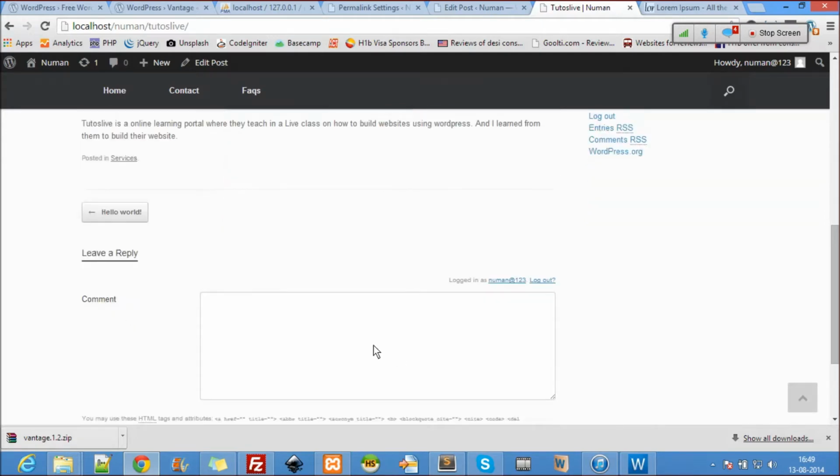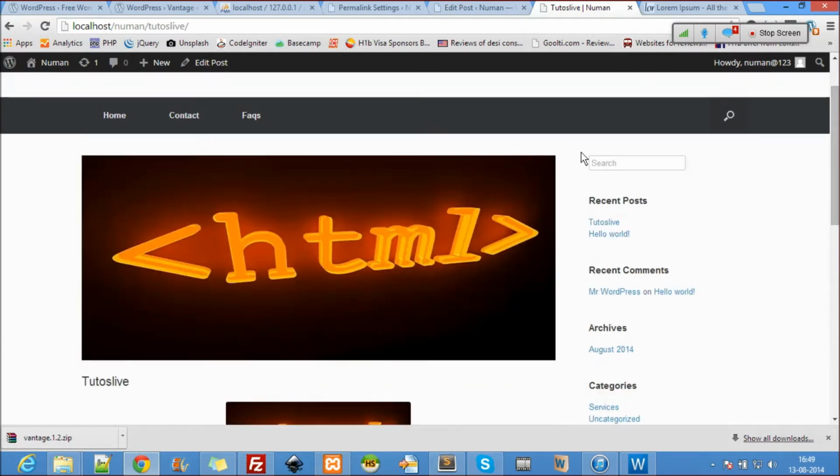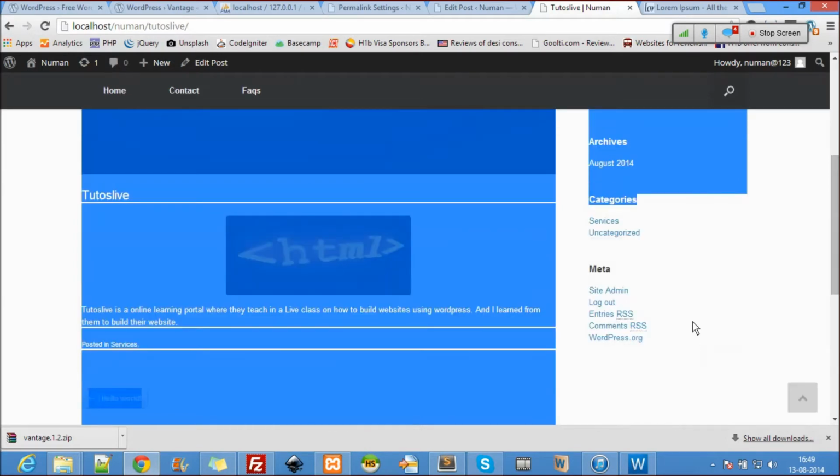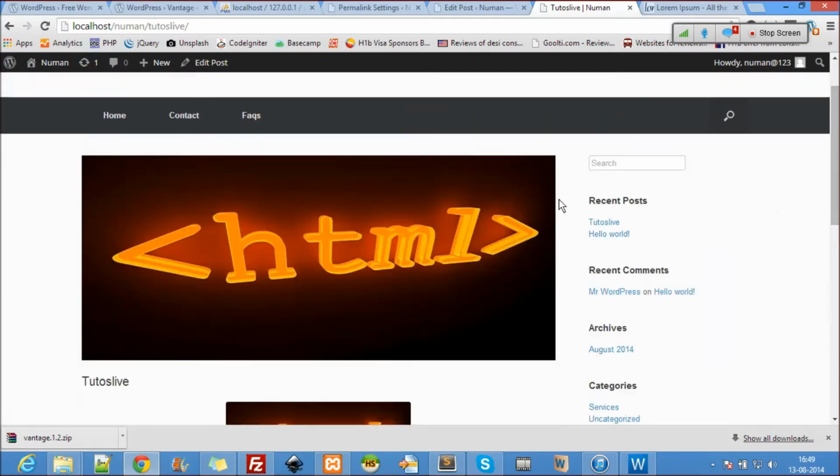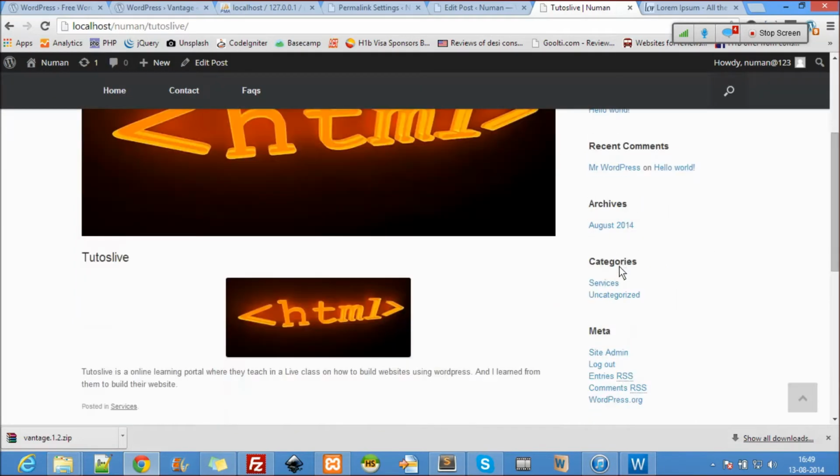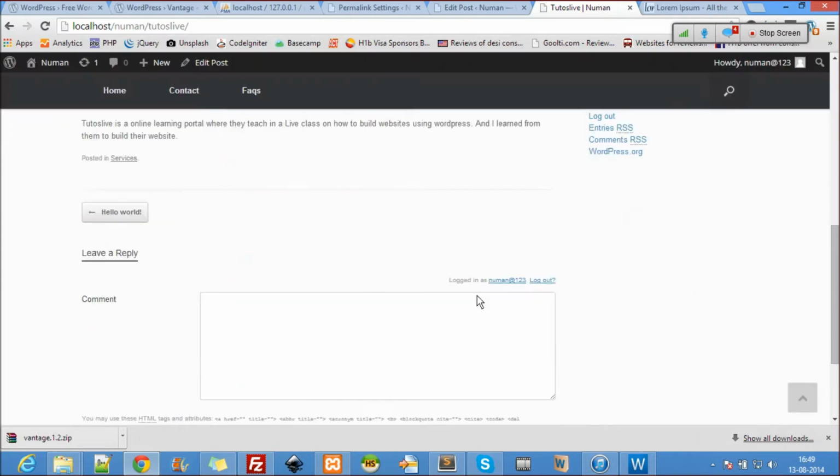I can even disable this too. I don't want these things. All I want is a search or other recent. I can change the name of that too. I don't want comments, archives, categories, meta. I don't want anything. How do I really do that?